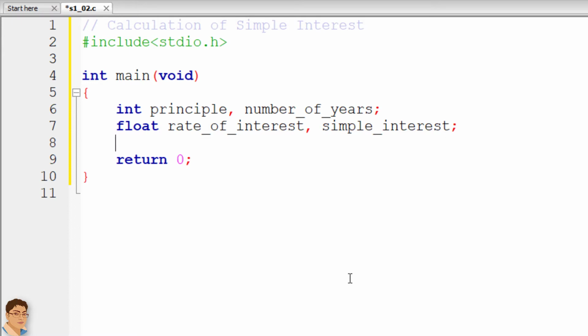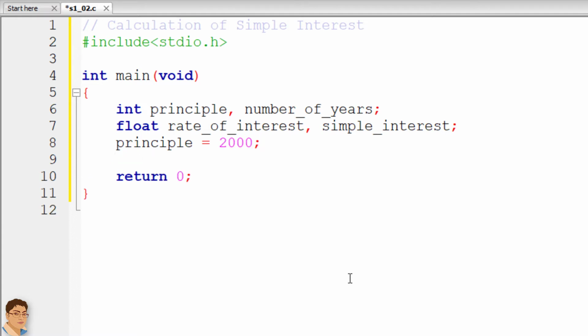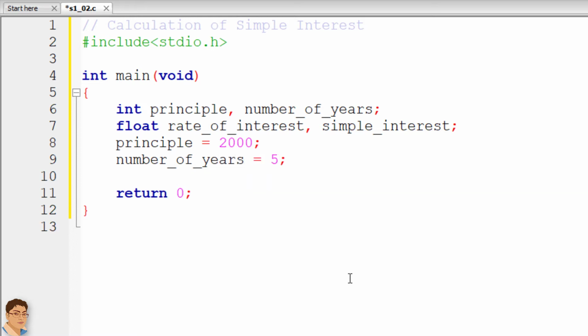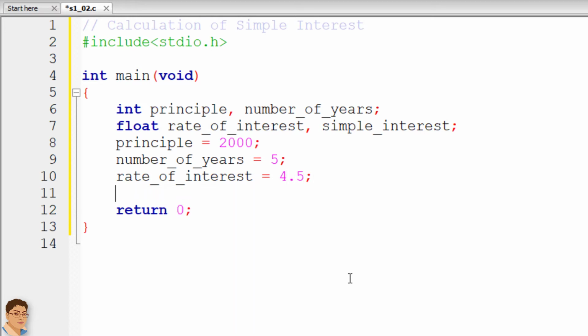Let's initialize the variables with some arbitrary values. Calculate simple interest.